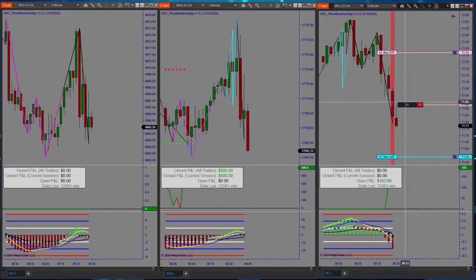So we just got another trade on MCL going short. If we look at the pattern here, there's our drop into our two base candles. You can have more than one. And then there's the breakout as it came through, going to the downside. Let's see how this plays out.